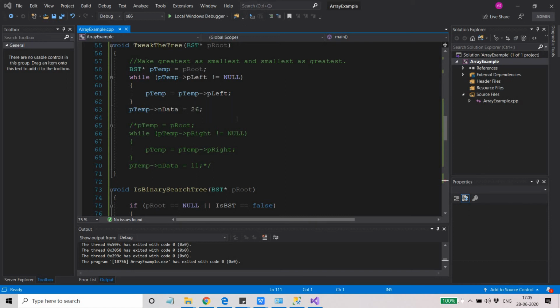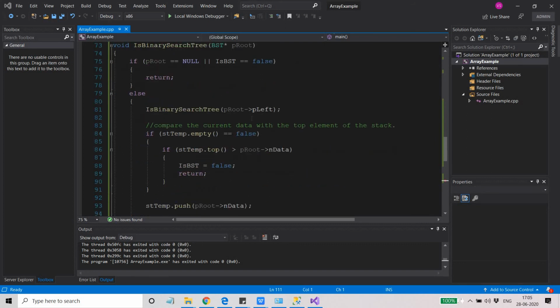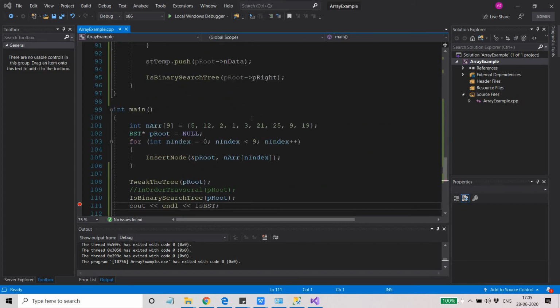You can tweak any element, any node, which is in the middle. I mean, which is not the leaf node of the binary search tree, which is a non-leaf node of the binary search tree. That you can do very easily. I think I have already discussed how you can find out a node having a particular value. Like if you want to find where is 3, and you want to know the pointer to this node, right? You want to know the address of this node which contains 3, then in that case you can write the logic